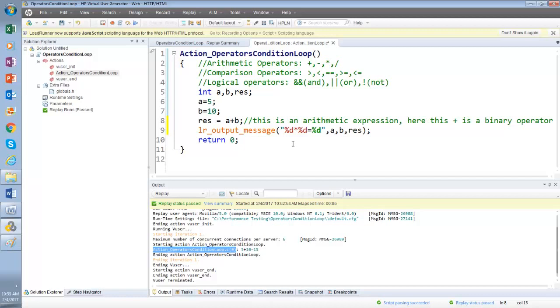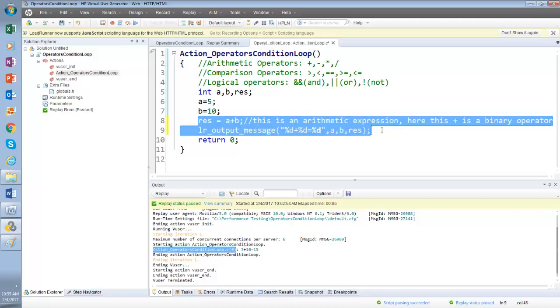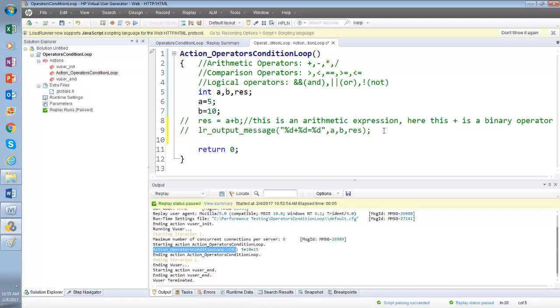Okay, now let's come to another thing. Let me comment this one out. Now I want to do a comparison. The way we do comparison in C, we use an if statement.